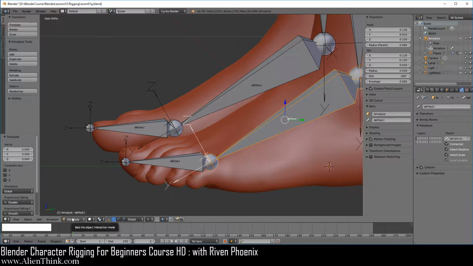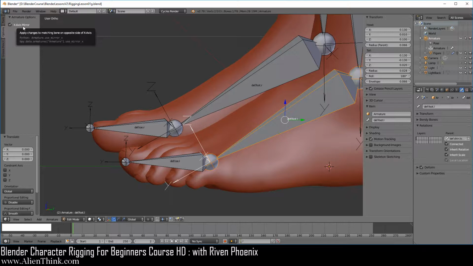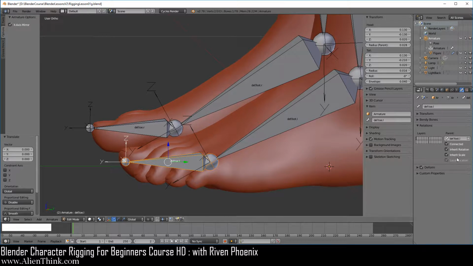And of course, for this to work, you have to be in edit mode on the options, and you have to have the x-axis mirror option enabled. Now if we click on the body of this bone, we can click on the tail of the body. You can see that it's always the toe.l, doesn't matter which one you click.